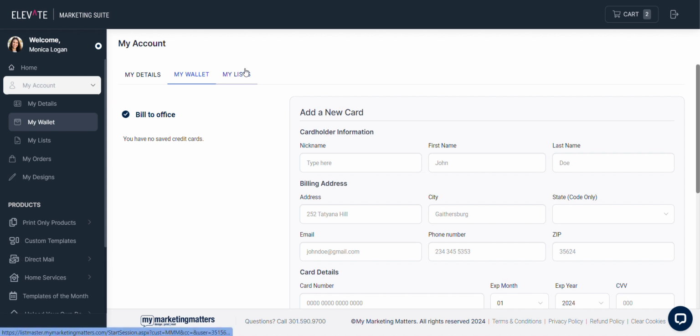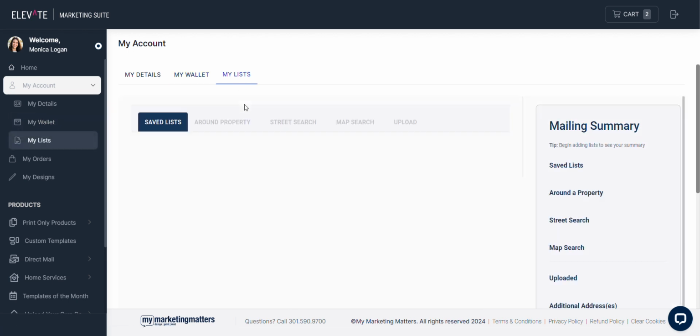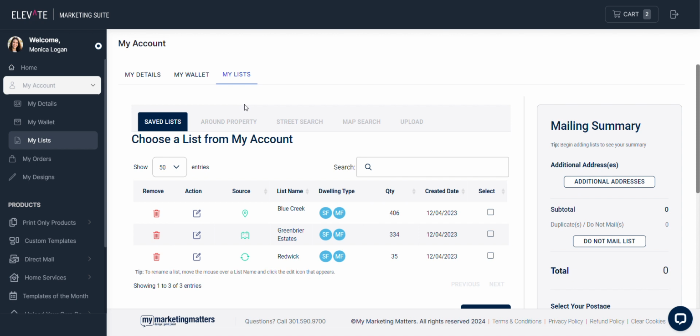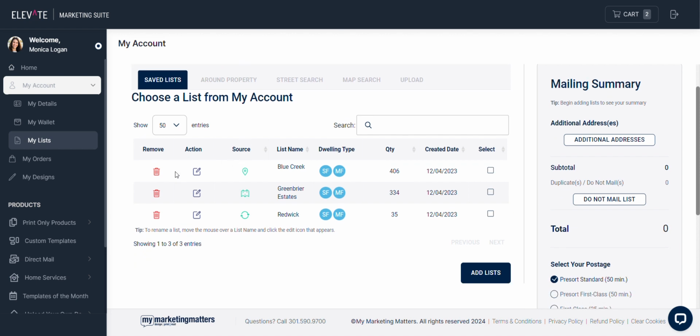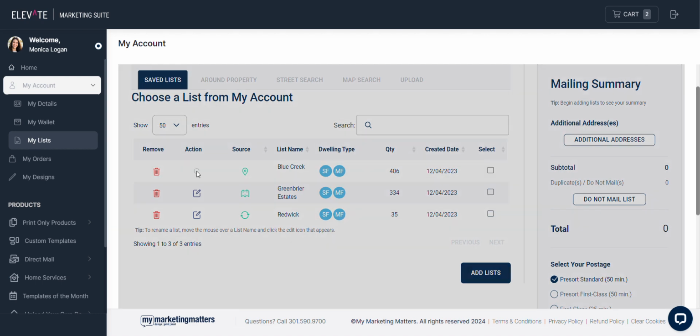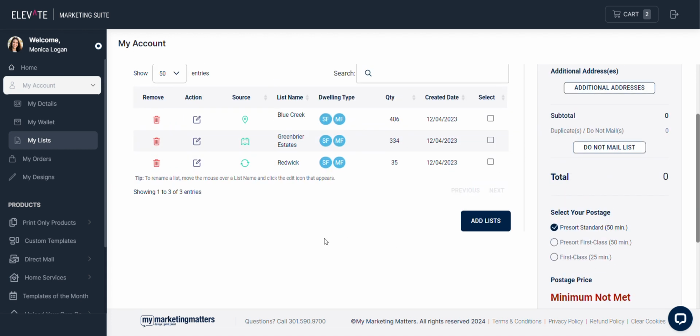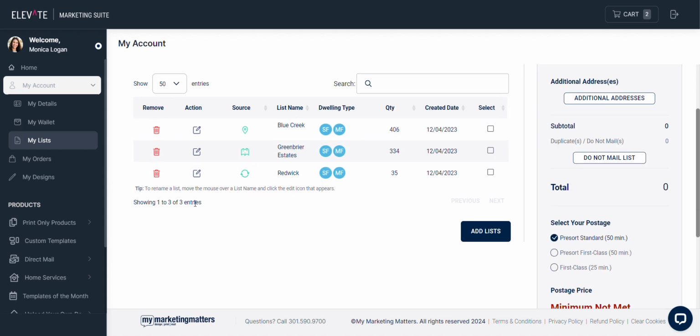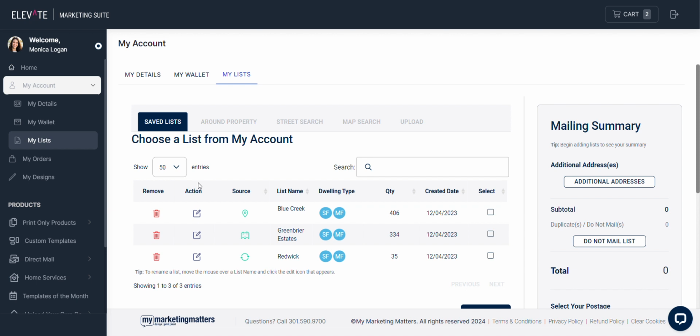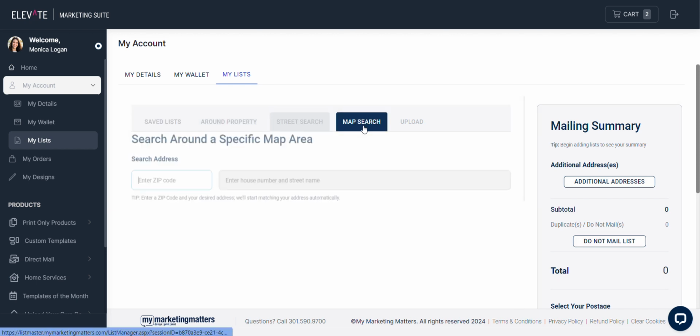on file for checkout. The My List section allows you to create, upload, manage, and edit all of the mailing lists or addresses that you are targeting and mailing to. This is a great feature for you to view all of these addresses, as you can see here, and even edit or remove any lists as well. Later on in the webinar, I will be going over each of our different search tools and how to completely